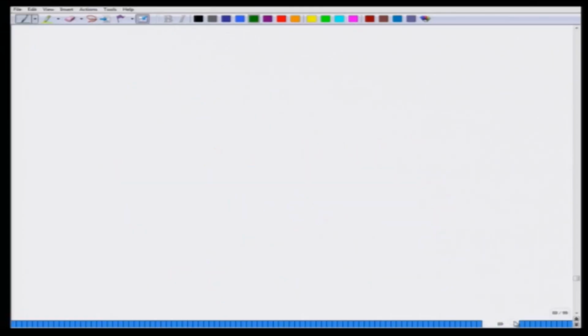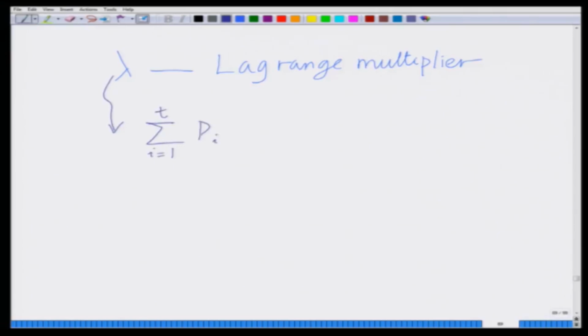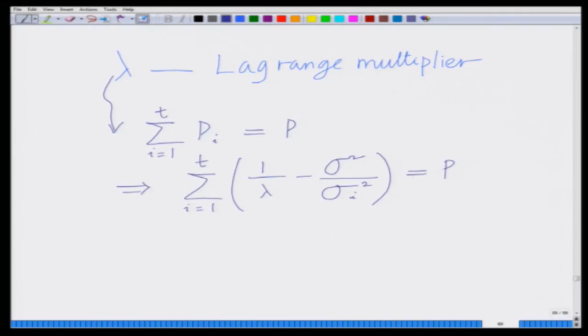Okay. So, what we have therefore now is that we still have to find this Lagrange multiplier lambda, which can be found from the summation i equal to 1 to t of P_i is equal to P, which basically implies that the summation i equals 1 to t of (1 over lambda minus sigma^2 divided by sigma_i^2) is equal to P. So, solving this equation,